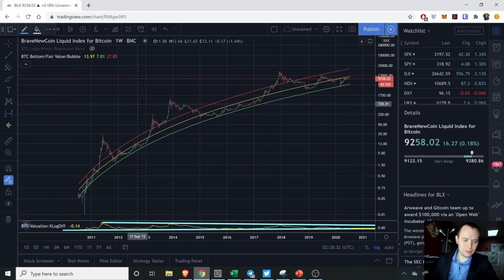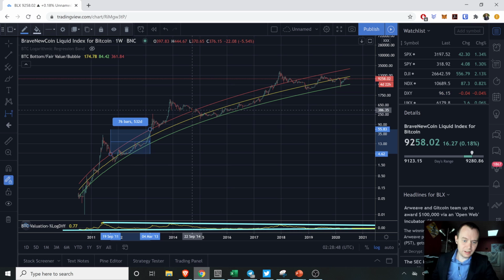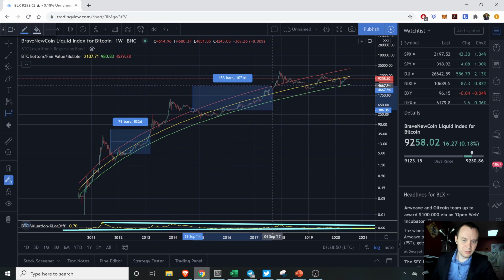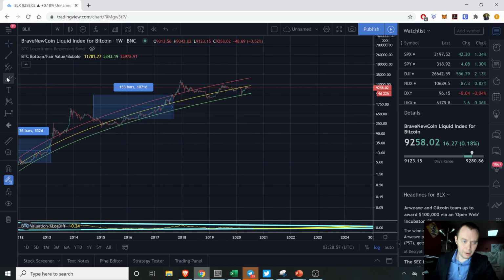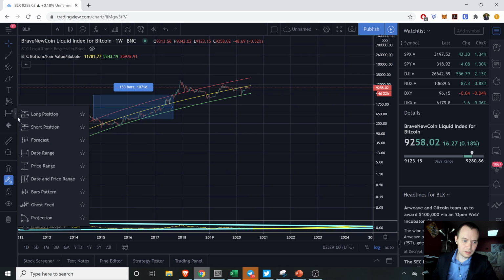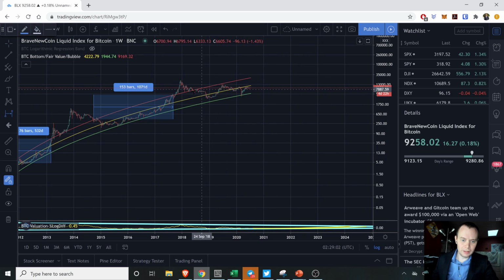So if we were to take a measured move from, say, when we broke below the red line to the amount of time it took to break back above it. The first time it was 532 days. The second time, you can see it was closer to 1,000 days or so. Okay, and then if we scroll over and say project out the next one. So if we just take a move here, we go to where we broke through it, and then come out.